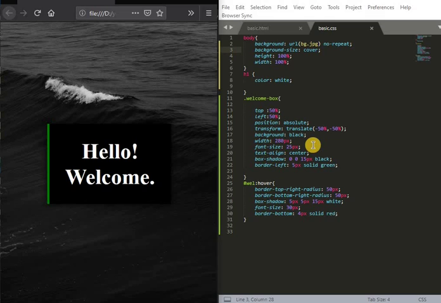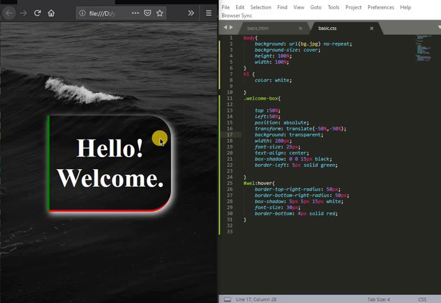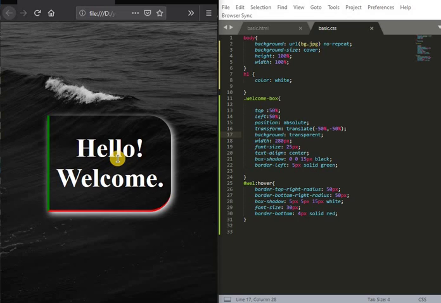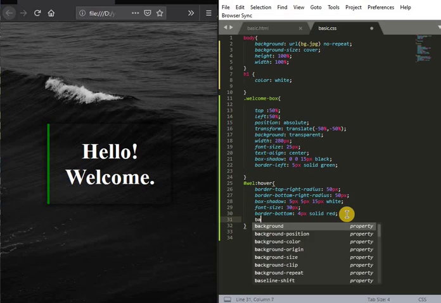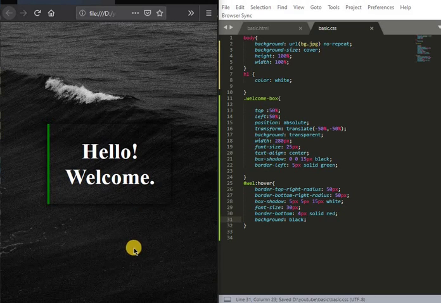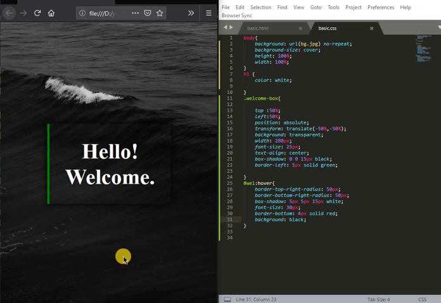Now let's change a little bit. What I do is, I don't want the background to be black, I want it to be transparent. So let's see what happens. See, now the background is transparent. When I hover, the other properties apply. Now I will give background here, background is black. So what it does is, now it is transparent, and when I hover, it becomes solid, and now it is visible to read. It is transparent, now it is not.